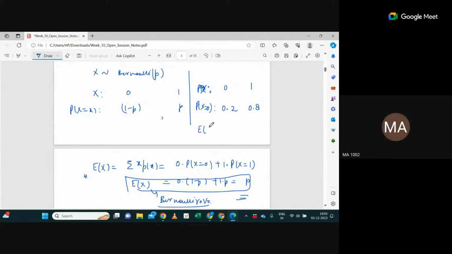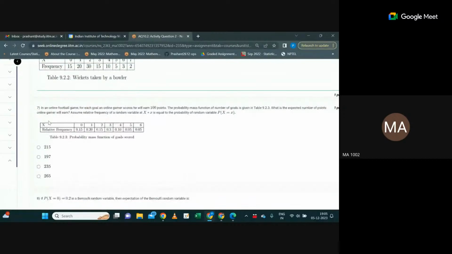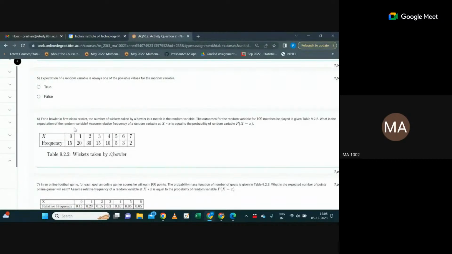You know what is the expected value of x in case of Bernoulli? It's P. And what is this P? P is nothing but 0.8. That's all. Got it? Okay. In these two questions, the seventh question and the sixth question, what you do is simply